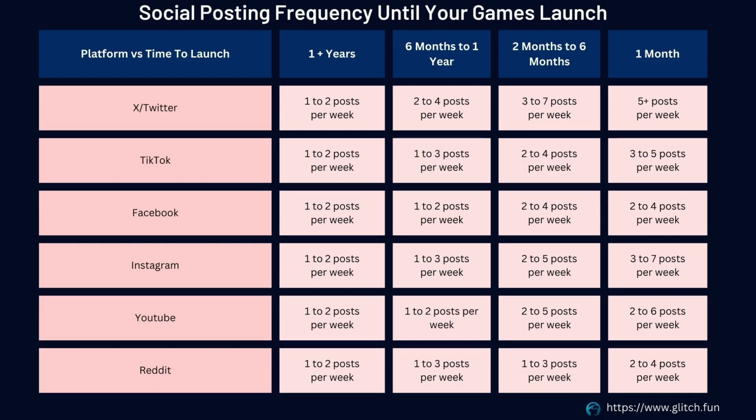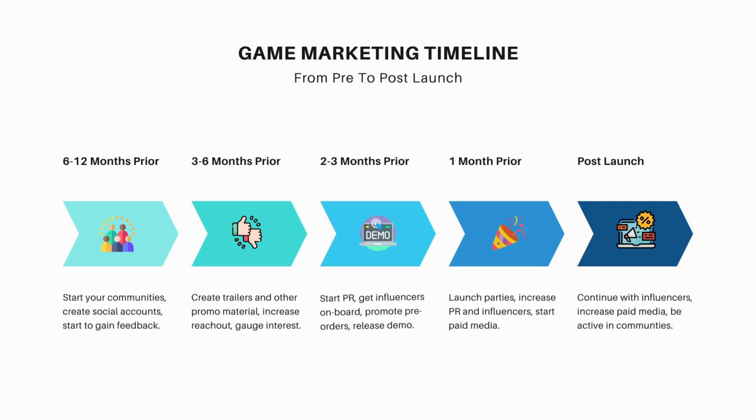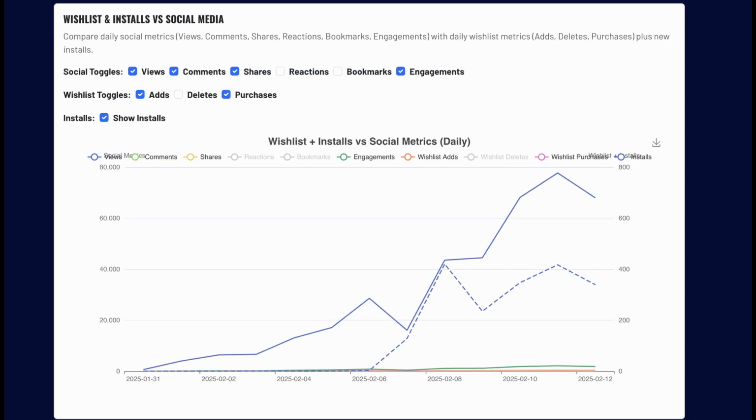Then as you get to around the 3 month mark, that's when you want to start posting every single day, to really build momentum, build those compound effects, get people following you, wishlisting your game, and raise as much awareness as possible. And in the last month, even post up to twice a day. So as you get closer to your launch, definitely up your posting frequency, and that will drive your wishlists to a more successful launch.